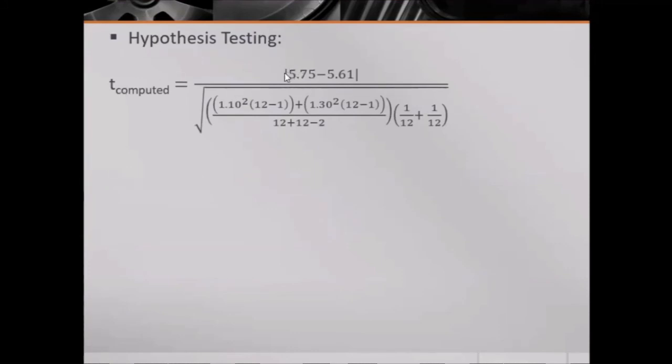Then, yung para sa radial tire, ang sample mean ay 5.75 minus, doon naman sa belted tires ay 5.61 ang kanyang sample mean. So, kuhain lang natin yung difference nun, absolute value. Then, divide natin sa square root ng variance ng sa radial at yung variance naman sa belted. Then, divide natin sa kanilang tinatawag na sample size. So, using the formula, magkakaroon tayo ng result. Pwede nyo siyang i-direct solve. So, ang magiging T computed value natin is